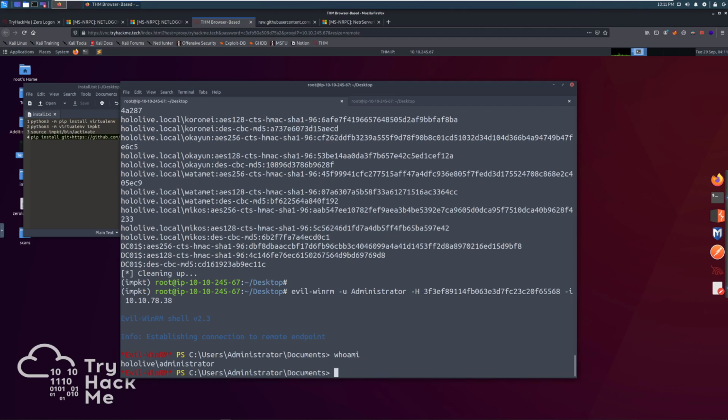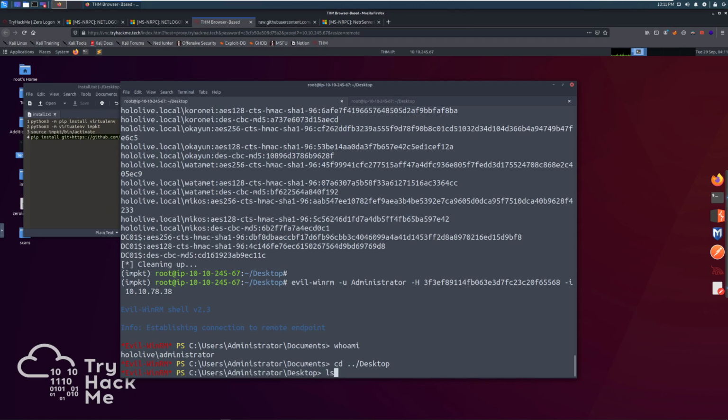Very scary, very fast. Definitely something that, luckily, Microsoft has already patched this. Make sure that everything is patched, and make sure that you understand specifically what is going on that is being abused in this exploit. If we go ahead and move up to the desktop, we can go ahead and ls,